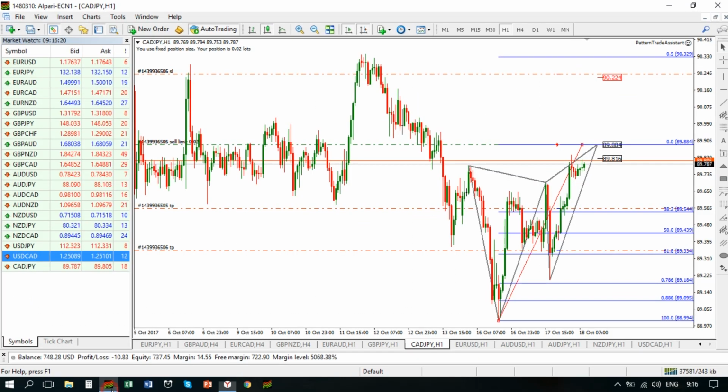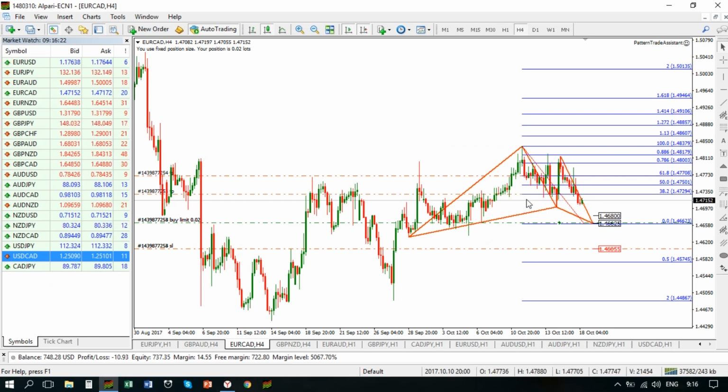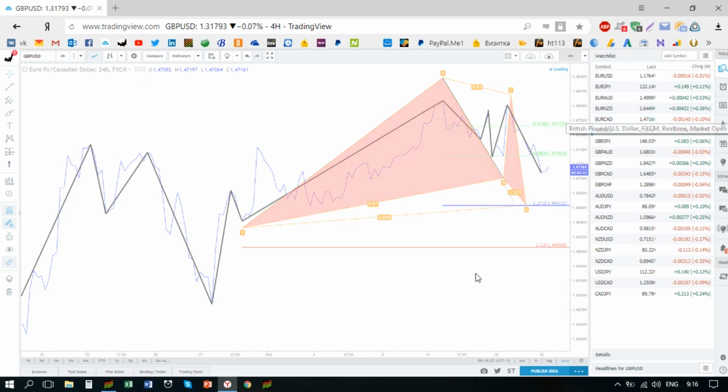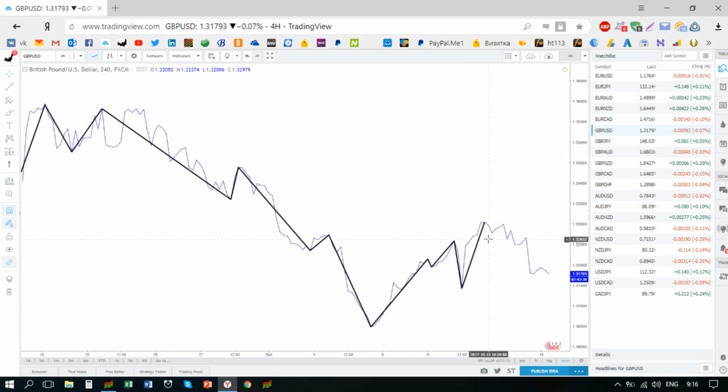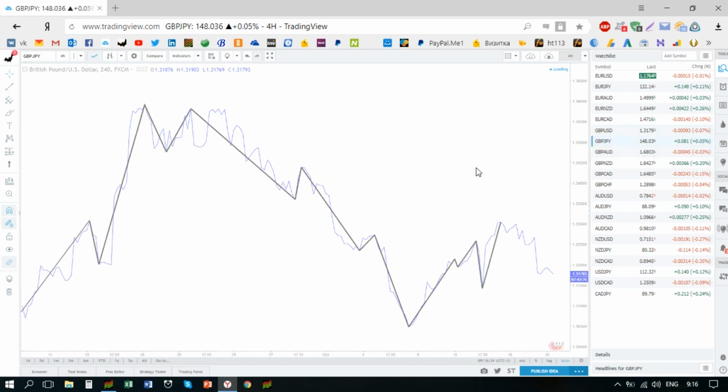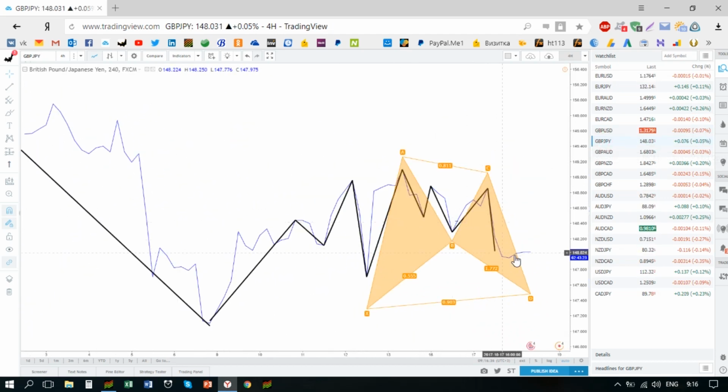Let me go to MetaTrader to see if I have Euro Canadian 4 hour godly. Yes, it is already placed, awaiting being triggered. Pound dollar, okay, let me zoom it in. No, nothing. Pound yen, potential bad formation that I was showing you on 1 hour,